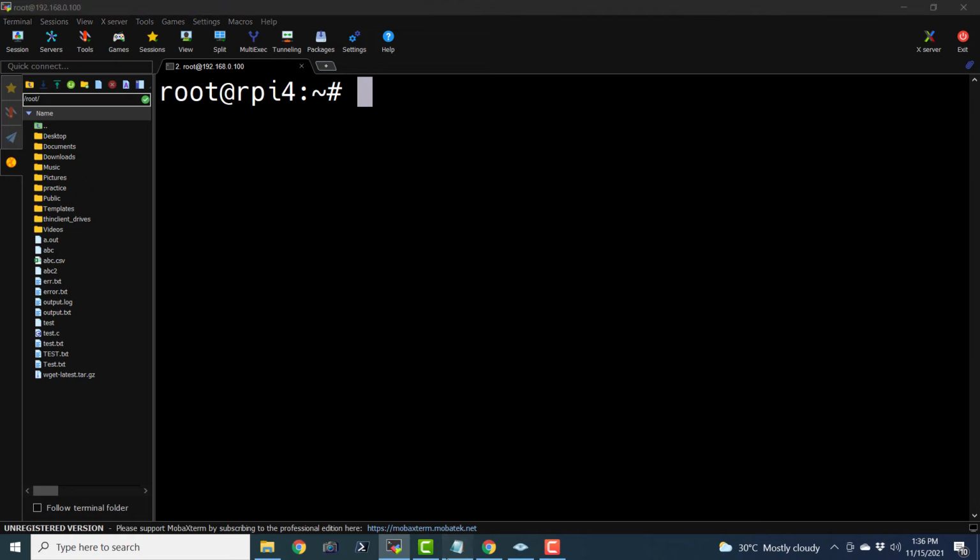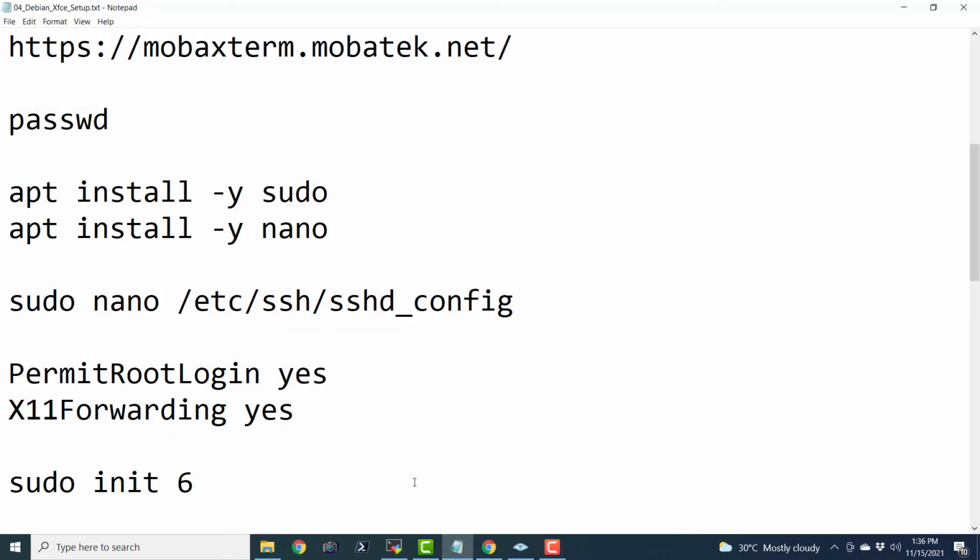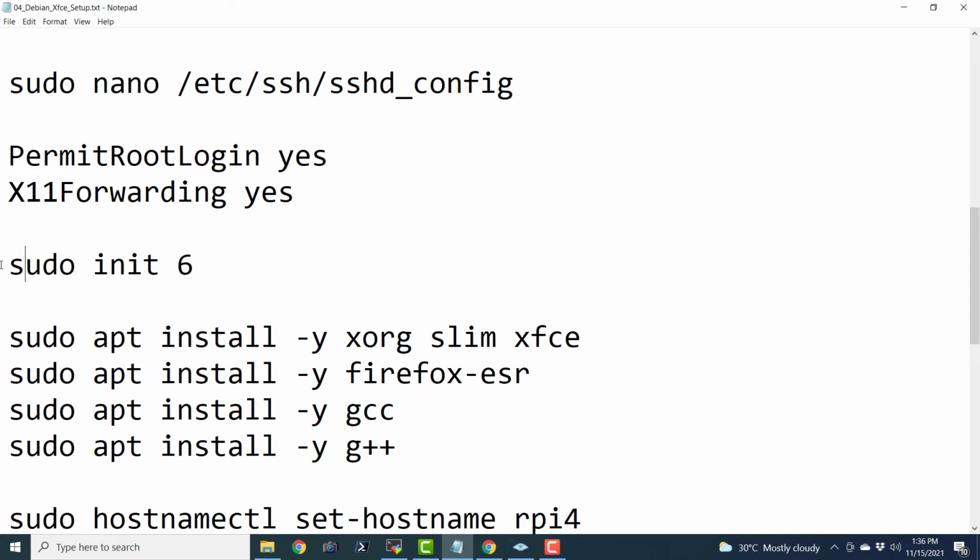So now let us go ahead and check the rest of the commands, what we need to do. So we have finished till here. Now we need to install a few important things. In case you want to use the graphical user interface, you need to install Xorg, SLIM, SLIM stands for Simple Login Manager, and XFCE.